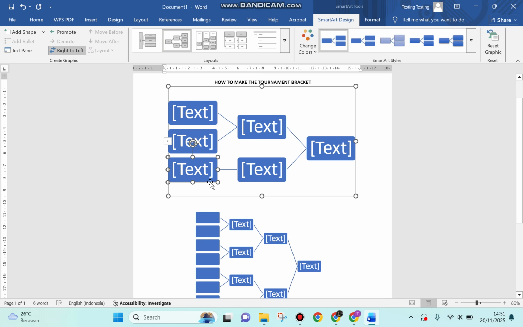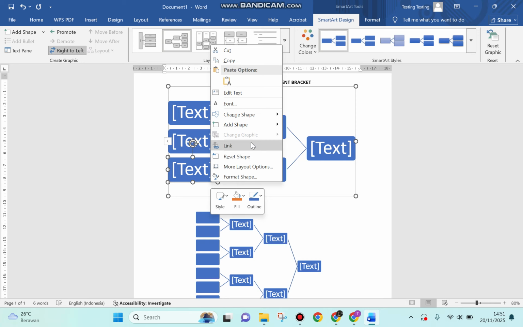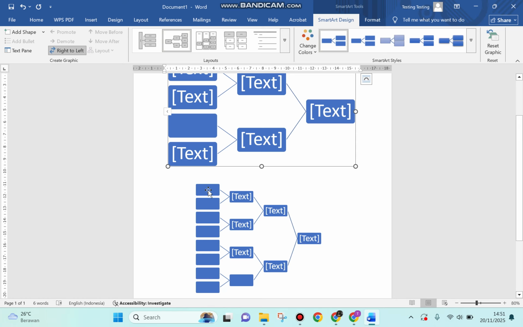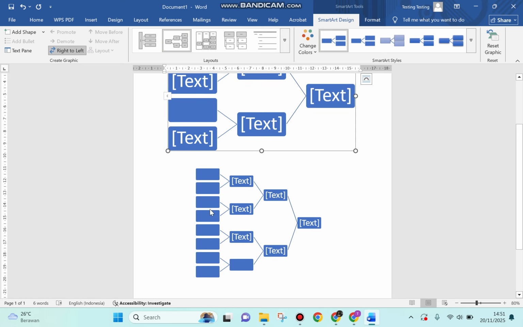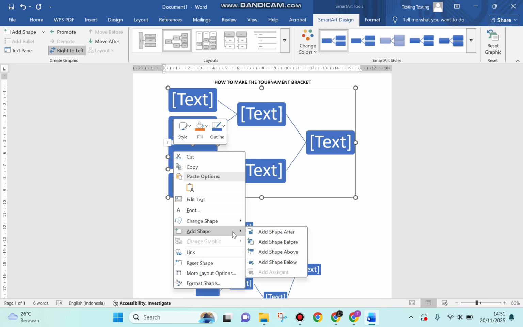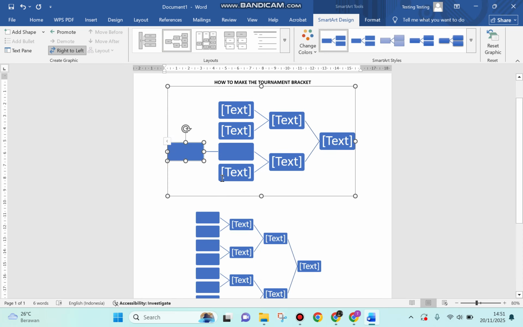So I will select this bracket, give it a right click, go to Add Shape, and for example I will choose Add Shape Before. So this will be another group before that, which will be the opponent of this group, guys. And after that I will start to add some groups that will be participating in this quarter group. So for example I will start from this, select it, give it a right click, and choose Add Shape Below, and I will do the same